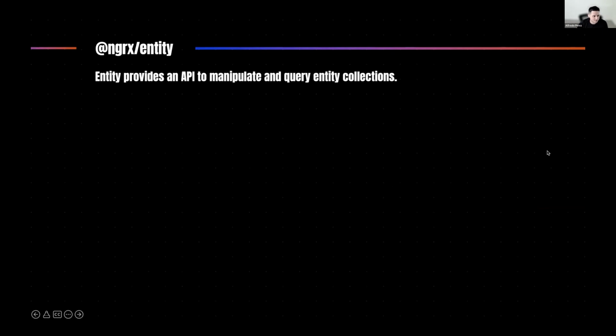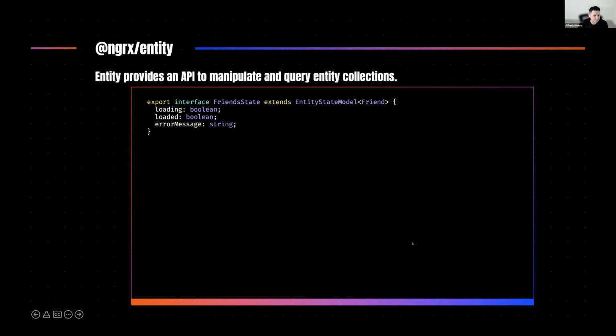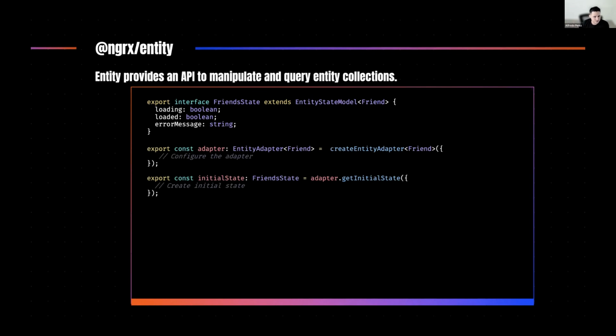So a quick refresher of how this works. First we need to define the state using the entity state model. And here in my example, you can see how I'm also defining a couple of custom properties like loading, loaded, and error message. The second step is that using this, we need to create an entity adapter.